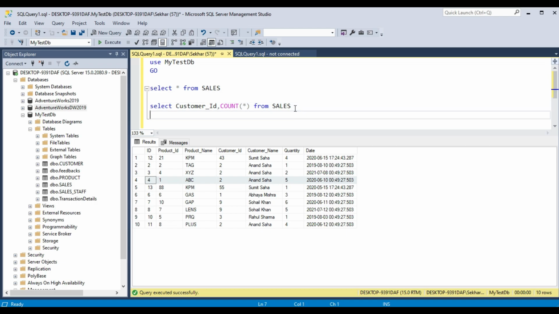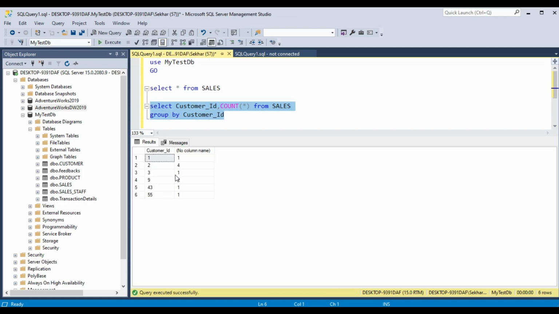Then we'll do group by customer ID. Okay, let's run this query and you can see it gives us a result where the customer with ID 1 has made one order, 2 has made 4 orders, 3 has made one order, 9 has made two orders, and the other two customers have made one order each.